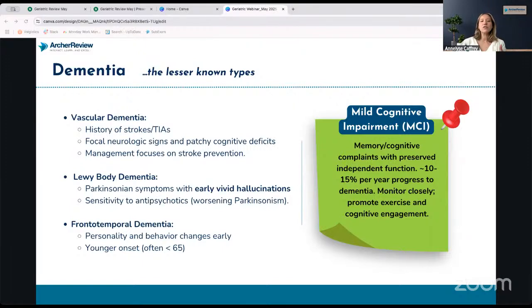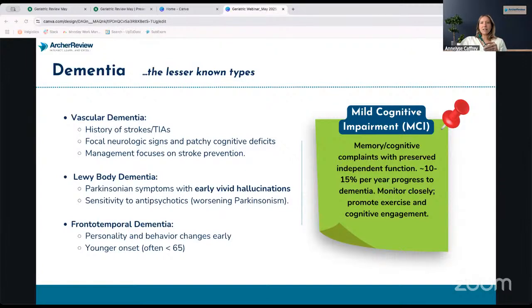And then lastly, frontotemporal. The big indication of that one is going to be when they say they're really young, usually less than 65, and just a major 180 personality change. Like grandma was so sweet, attends church every Sunday, doesn't swear. All of a sudden she's cursing at the TV, cursing at grandpa, just really grouchy. That's going to set off warning flags in my brain that we may be dealing with frontotemporal dementia.